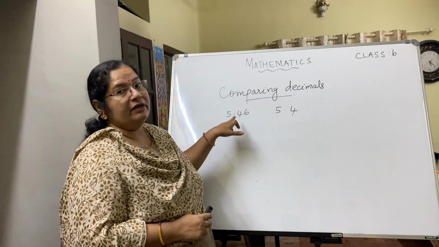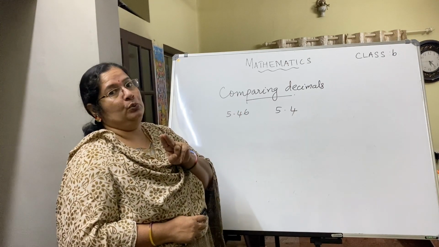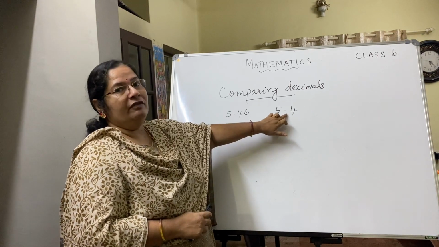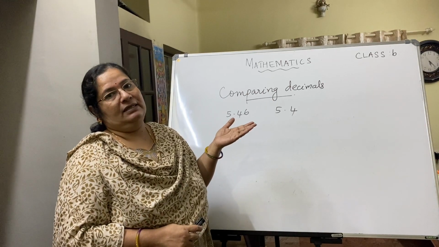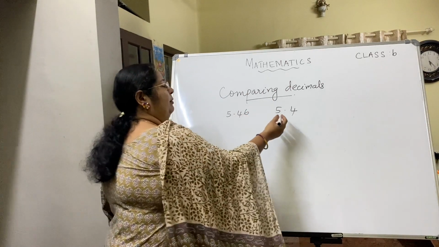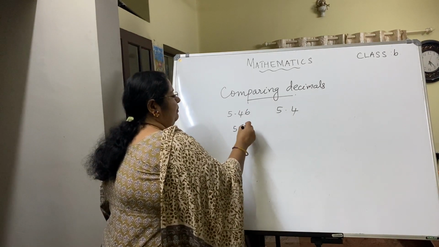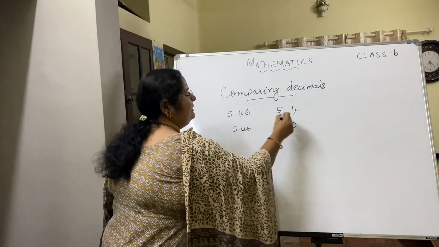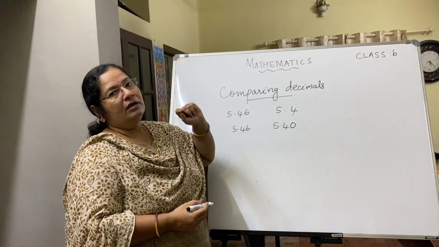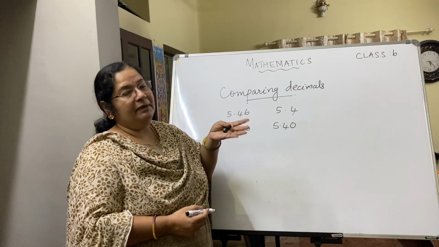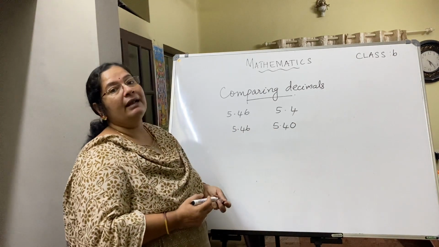Now how are we going to convert unlike decimals to like decimals? Which is having the maximum number of decimal places? 5.46 is having the maximum number of decimal places. How many? 2. So you will have to change the one which is having fewer decimal places to the one which is having more decimal places. So how are you going to convert? This 5.4, you will have to create one more decimal place. So this now becomes 5.46 and 5.40. You converted this unlike decimal to like decimal by inserting one more place. For creating that place, what digit did you put there? 0. So now you have both of these as like decimals.